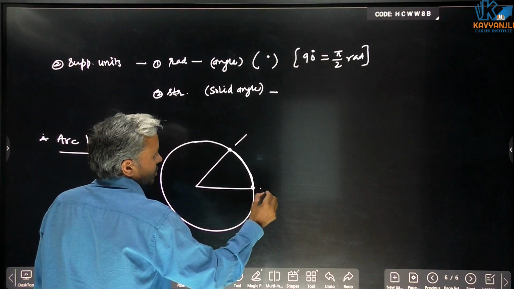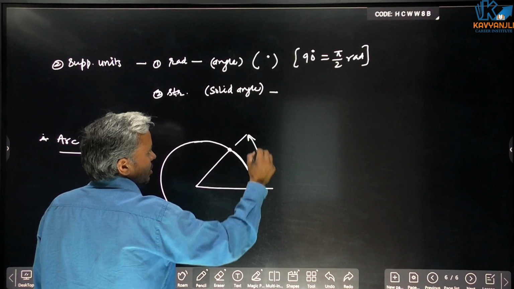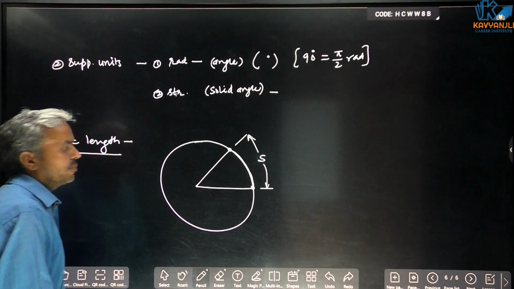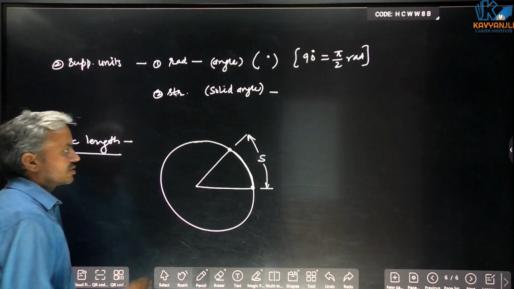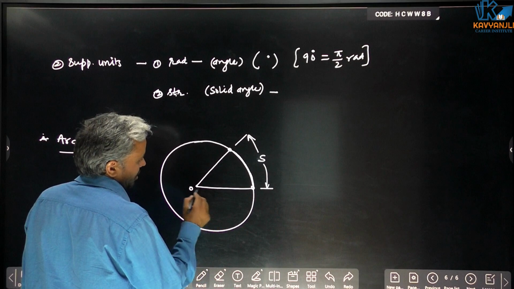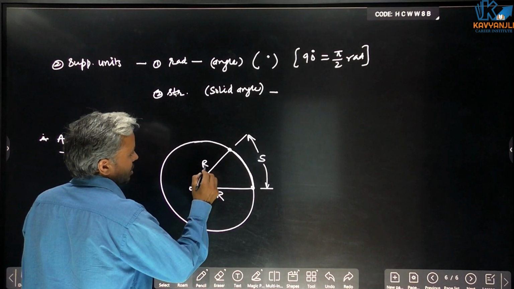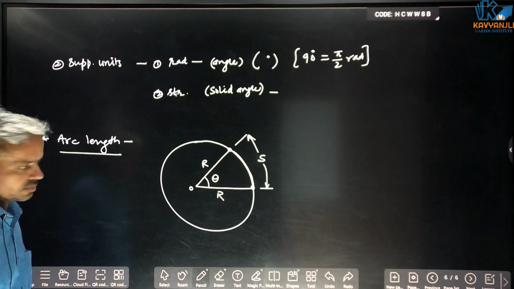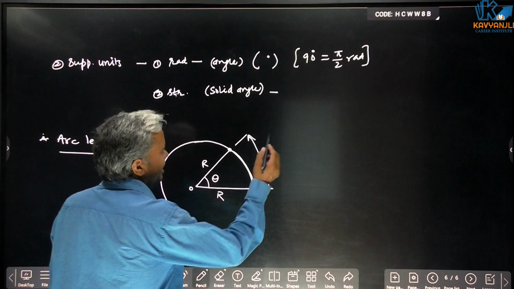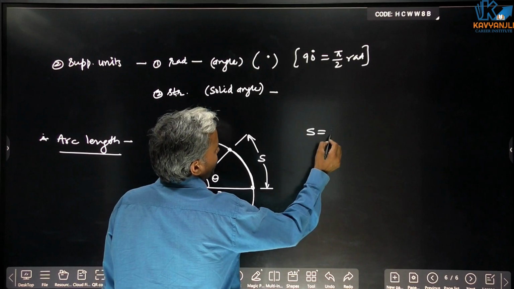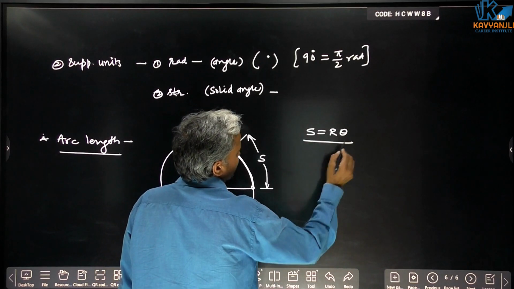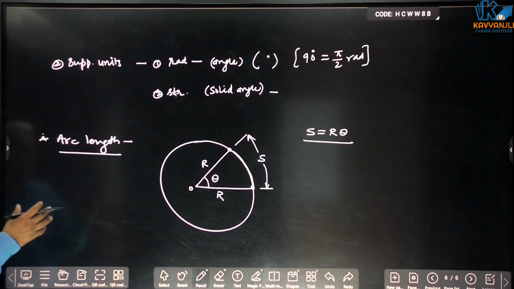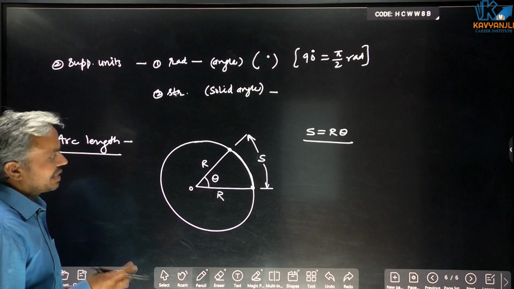So this is an arc. Let us say when we measure this curved path, its distance is s and the radius of the circle is r. And let us create an angle theta. Okay. So we have a relation s equal to r theta. So the arc length formula is s equal to r theta, where r is radius and theta is the angle subtended